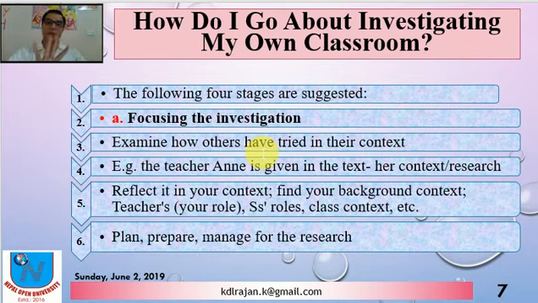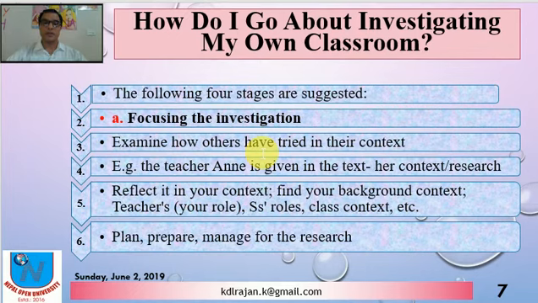Four different stages are suggested in the article. The first one is focusing the investigation. That means we have to examine how others have tried in their context. For example, in the article the teacher Anne is given, and how she selects and prepares in her context, how she makes all the management for her research is described there.